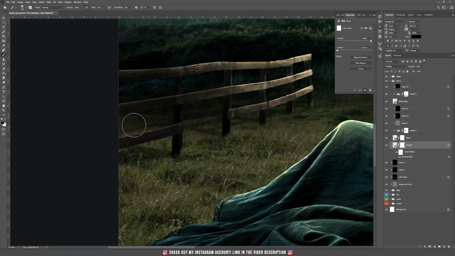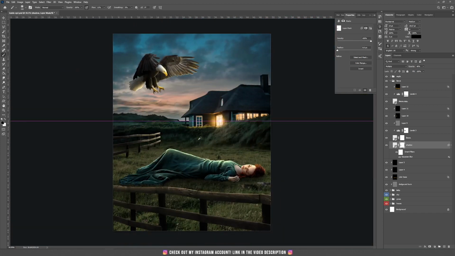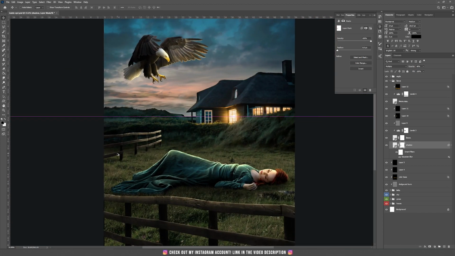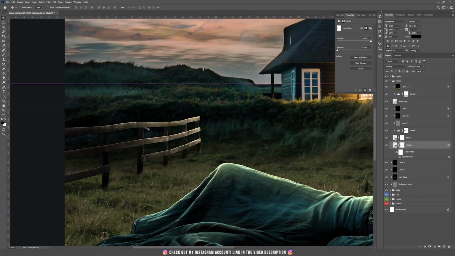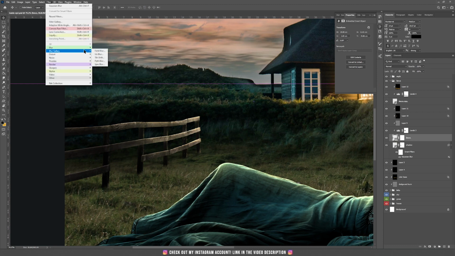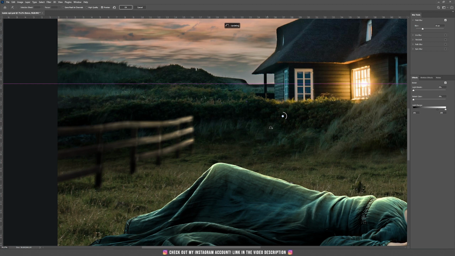So this part should be not that visible, and I think now the shadow looks good. Now let's do some other things to this fence. Because this fence is a bit farther away from the point of view, I'm going to add some blur to this further part. Go to the fence layer, choose filter, blur gallery, fill blur,